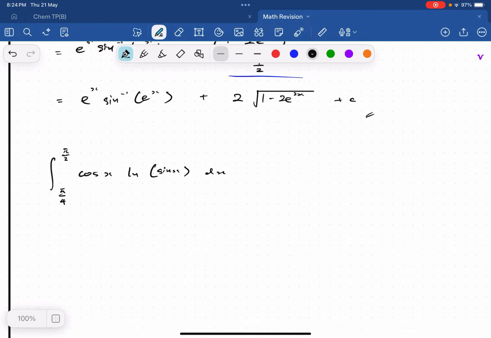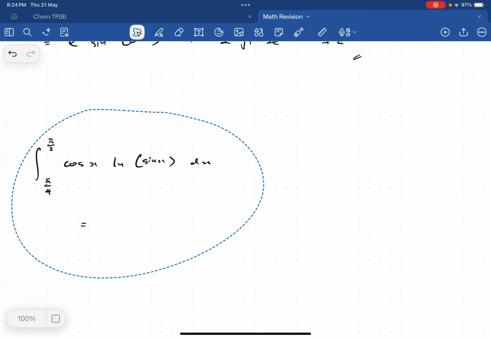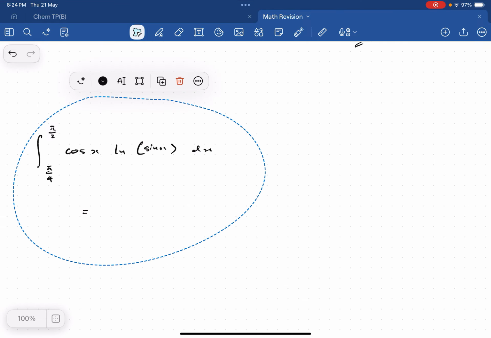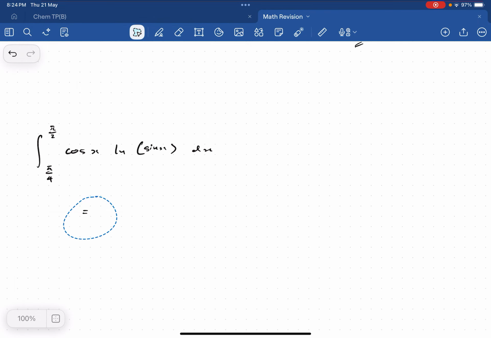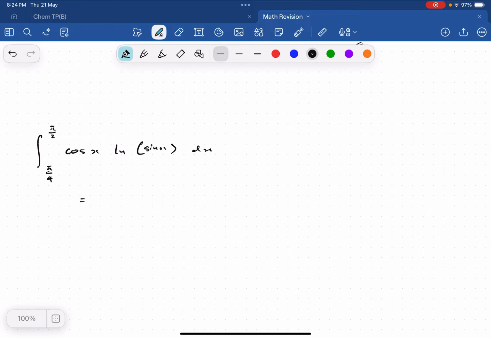So first thing to do, as with any integral that you need to integrate by parts, is you use LIATE to identify what is my u and what is my v, okay? So in this case, my u is obviously going to be this logarithmic term. This is the one that I want to differentiate. I don't want to integrate. So if u is ln of sine x, the derivative of u